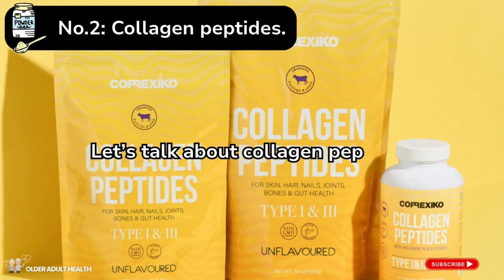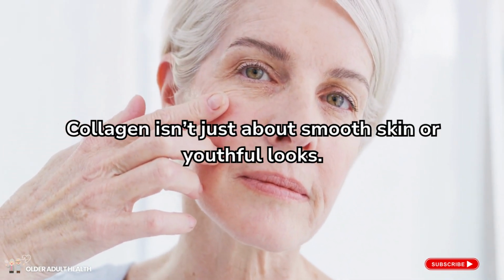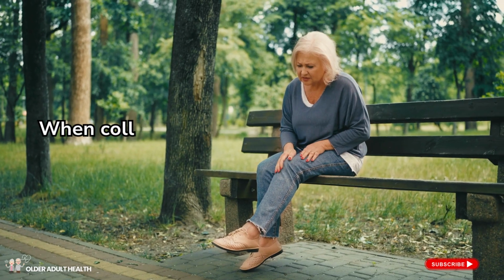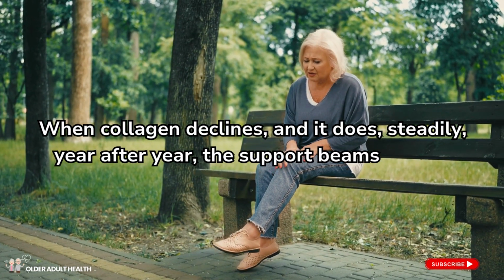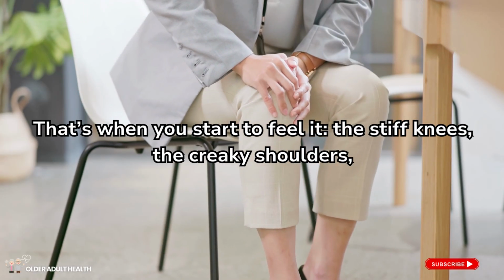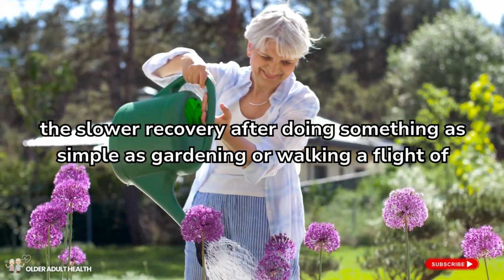Let's talk about collagen peptides. Collagen isn't just about smooth skin or youthful looks. It's the very fabric that holds your muscles, joints, tendons, and bones together. When collagen declines, and it does, steadily, year after year, the support beams of your body weaken. That's when you start to feel it. The stiff knees, the creaky shoulders, the slower recovery after doing something as simple as gardening or walking a flight